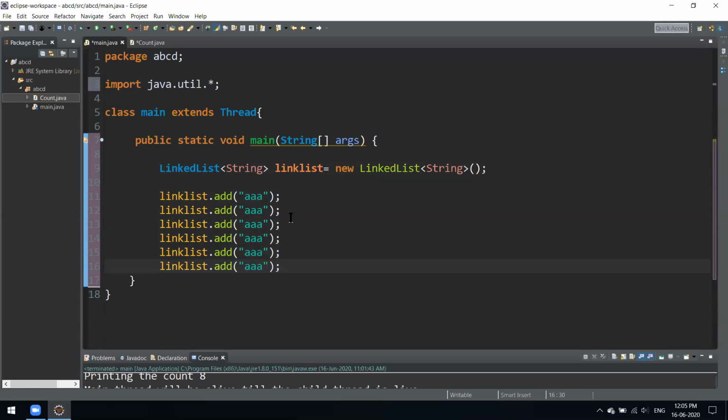So yeah, this is how we declare a linked list. And the last step we should be aware of is how to iterate over it. We can iterate over it using a for loop, or you could also use the Iterator interface, as we saw yesterday. So we can use that iterator over here.